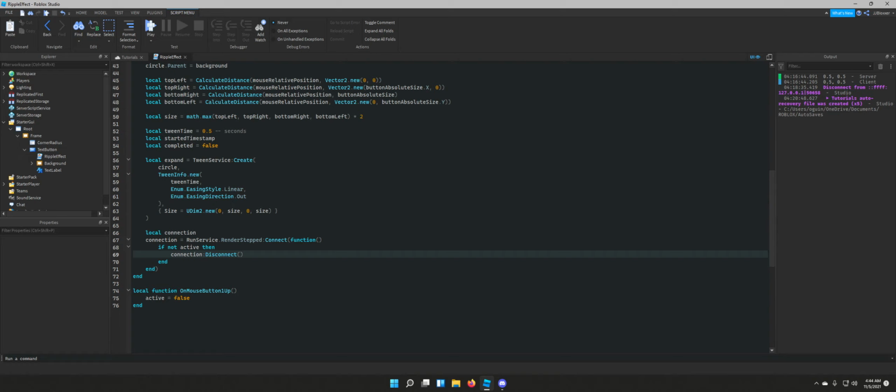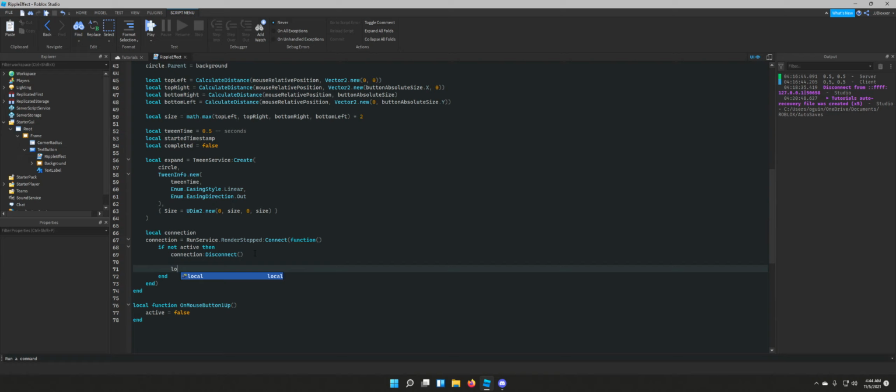And this is where we're going to have it fade out when they have released the mouse button. So we're gonna go ahead and create a variable called default time. We're gonna set it to tween time divided by 3. Now the reason I'm setting it divided by 3 is because